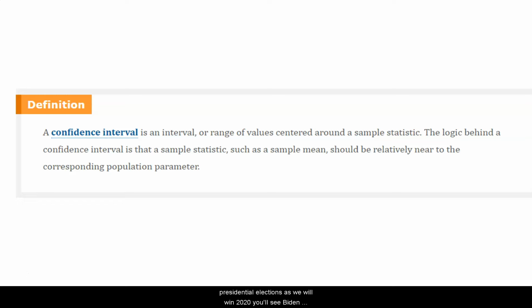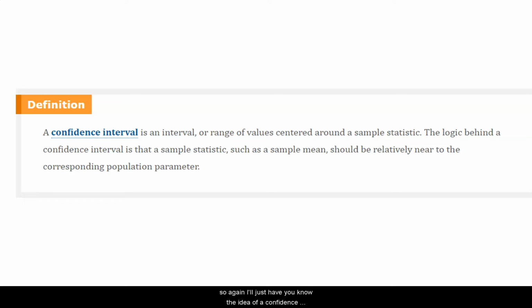When we have presidential elections, as we will in 2020, you'll see Biden versus Trump. It's been cleaned up now. And a poll might come out that, let's say, puts Biden ahead by 1 point on 4th of July. He's up 48-47 with the other 5% being made up by third parties or unknown or who knows. So what they could say is it's plus or minus 3. So Biden's true percentage of people that intend to vote for him are 51 to 45, whereas Trump, it goes from 50 to 44. They kind of overlap in that case, and therefore that might be comfort to the incumbent President Trump if he happens to be trailing over the summer during this race.